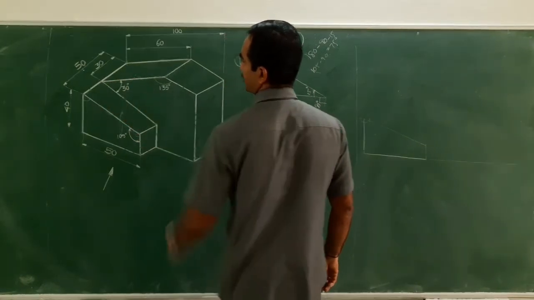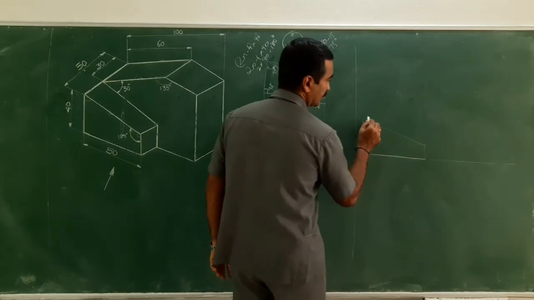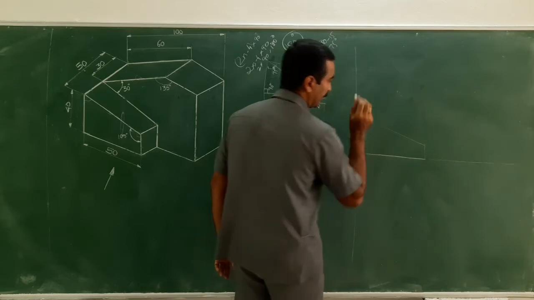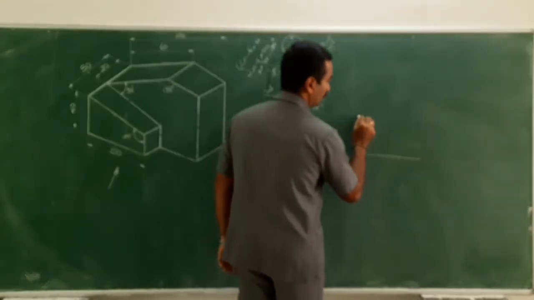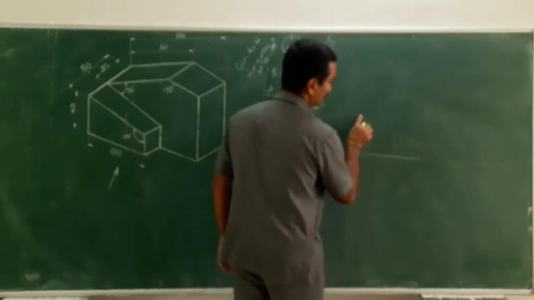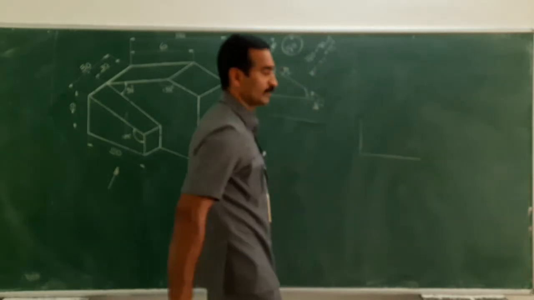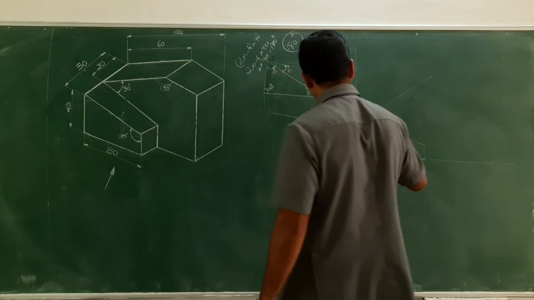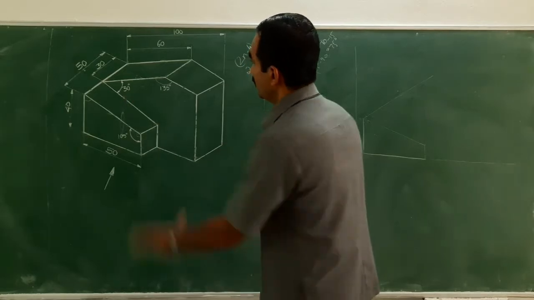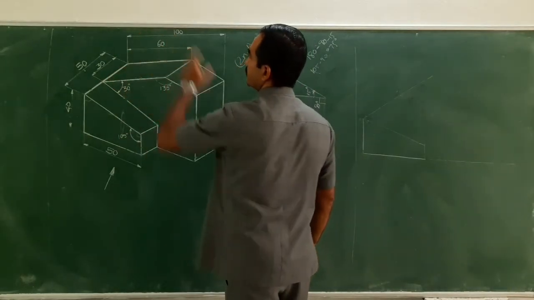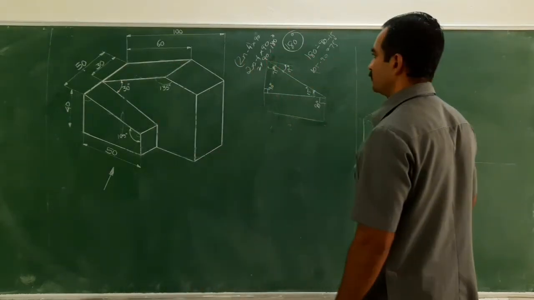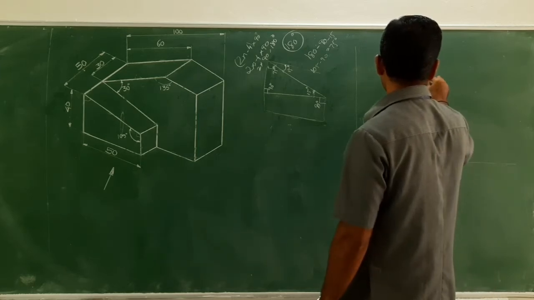The total inclination is 30 degree. Here I have already considered 15 degree. So let me just draw one more 15 degree. Keeping the protractor in this manner, choose 15 degree and extend this line. Clear? So in totality, I got 30 degree, right? Up to here, it is 60 mm. This length is the same, so it is 60 mm. Take 60 mm in the compass and draw an arc.